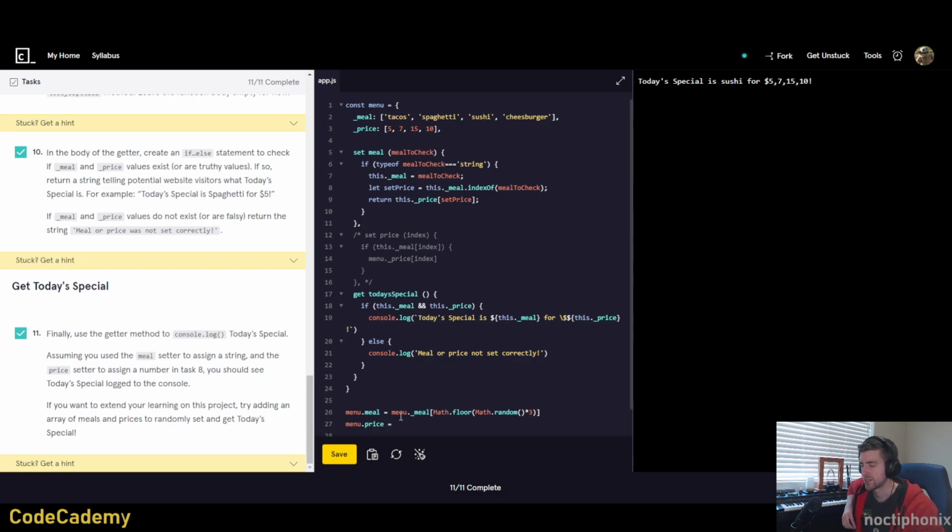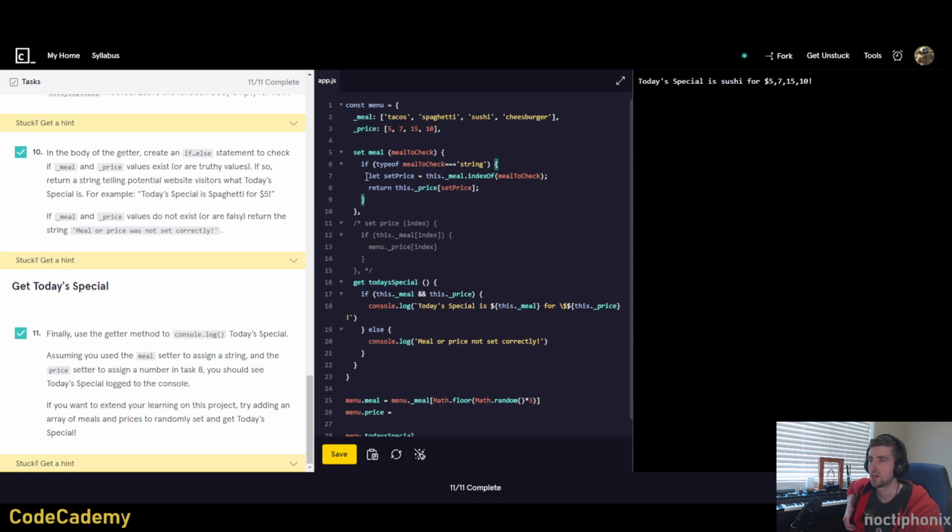So what can we do besides, so menu.meal gives a random index of that, then it produces a string. We'll check. The setters don't return anything. That's the thing. Now I'm getting confused a little bit with the layers of this. Because the way that the special works, where it actually console logs it, it has to see that this meal is, well, this .meal would be truthy anyway. So we don't need this line then. We don't need that at all. And then it would still give the full array, but